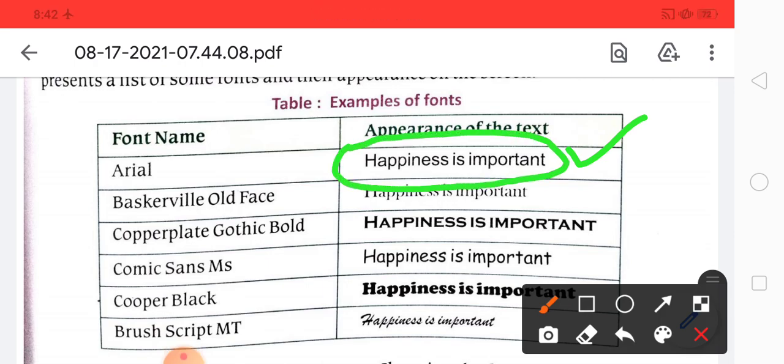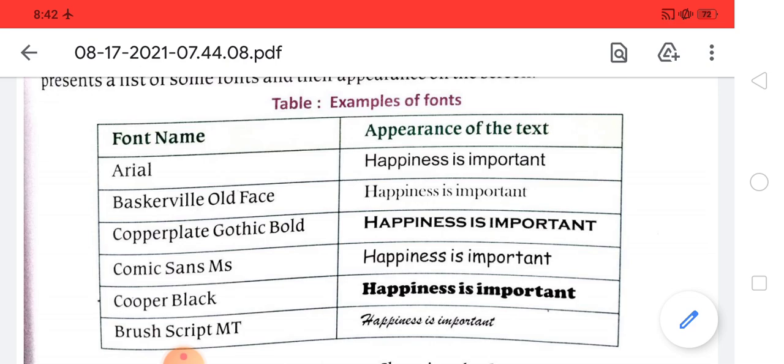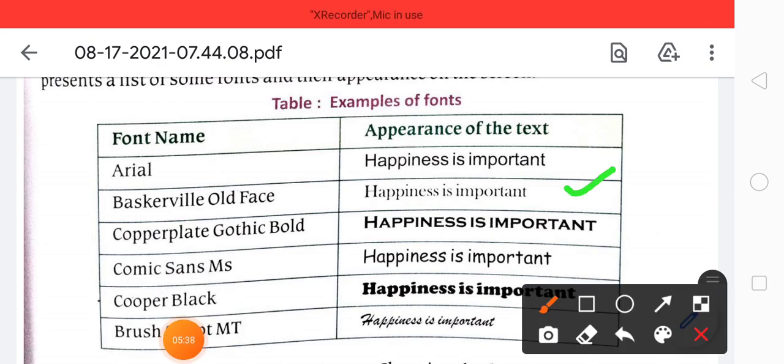And whenever you choose Bookman Old Style, then it looks like this one. And just like Copper Black, whenever you choose Copper Black, this one is darker. Just like this, your sentences or data are shown.